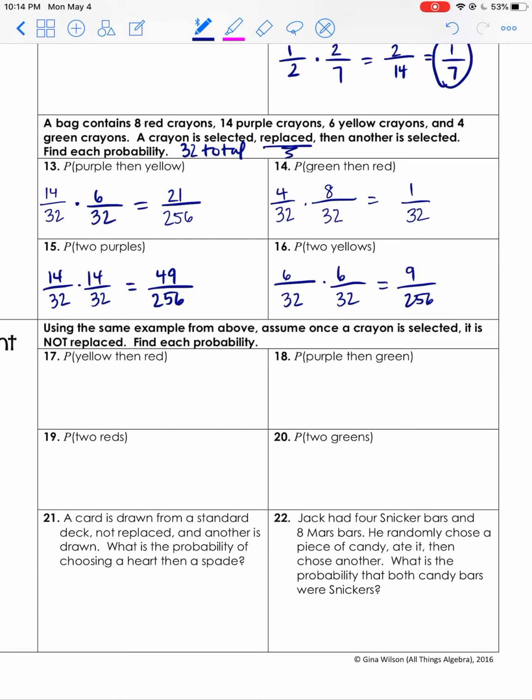from above, assume once a crayon is selected, it is not replaced, because apparently it is like a toddler who's using crayons here and does not put them back. Okay, so the probability that you select a yellow crayon is 6 out of 32,